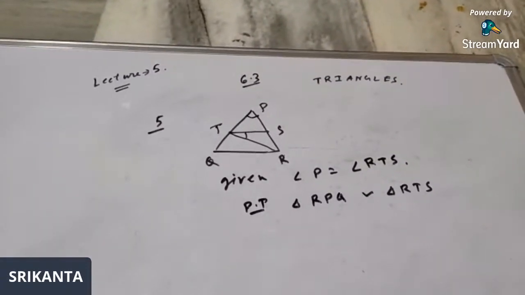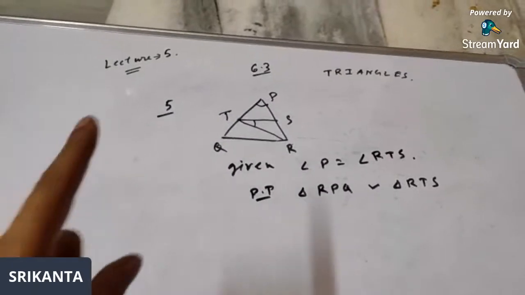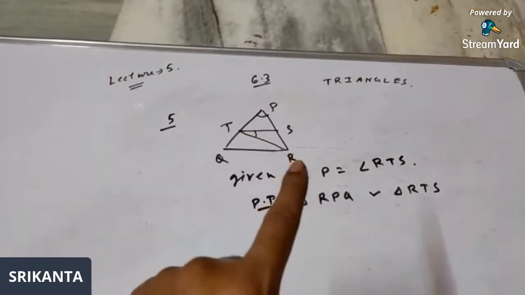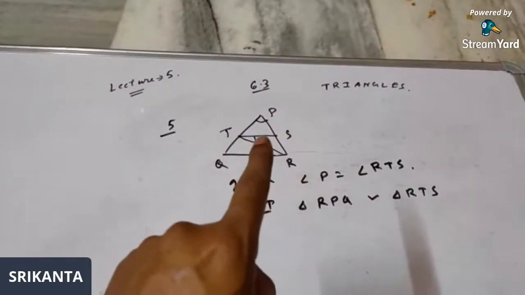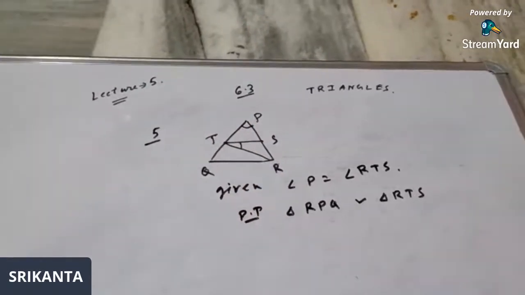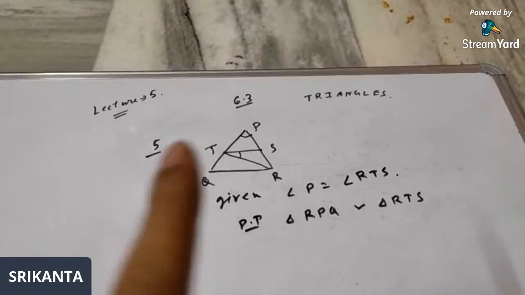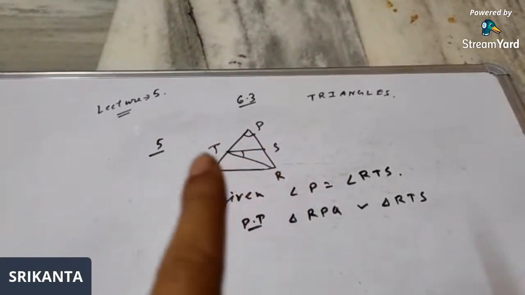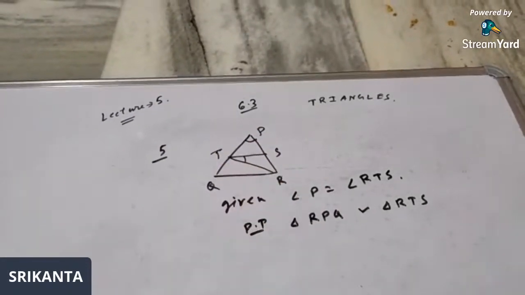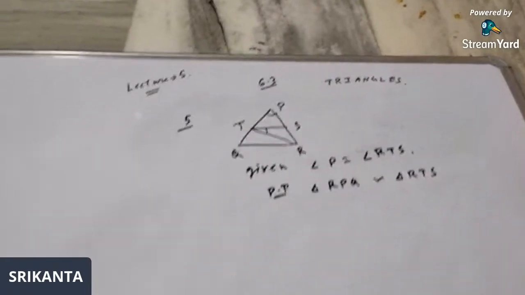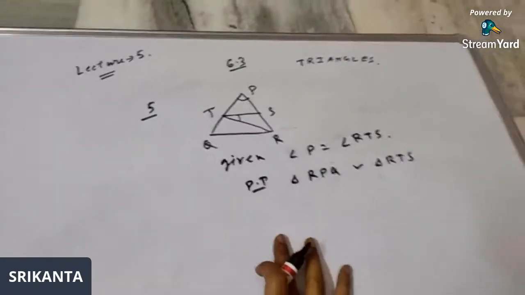Some data I think is missing here. Angle P is equal to angle RTS. This angle and that angle are equal. Angle P, that angle, RTS, this angle, these two angles are equal. If I redraw those figures,